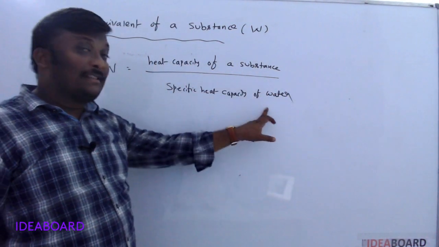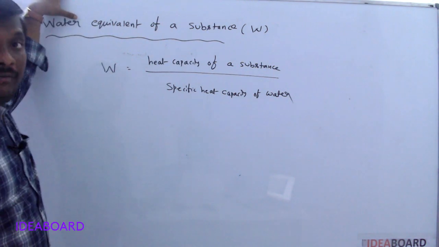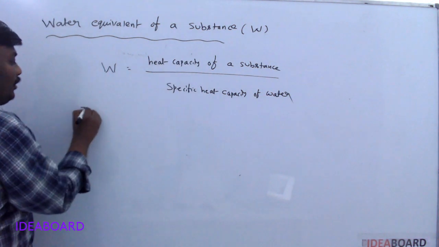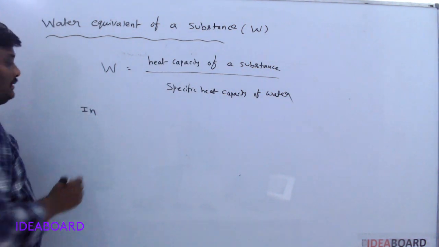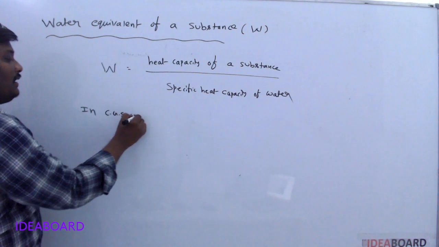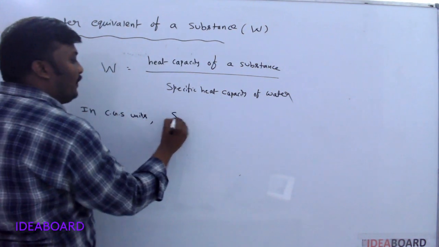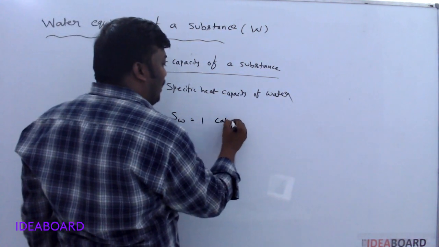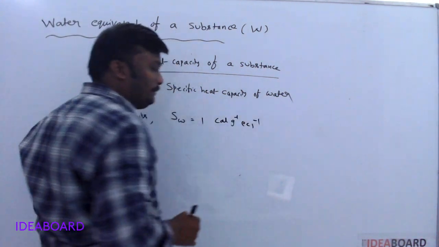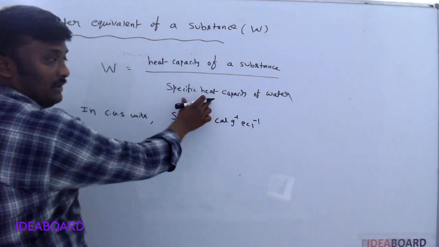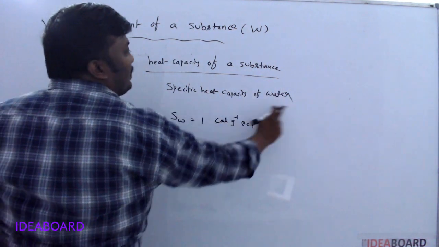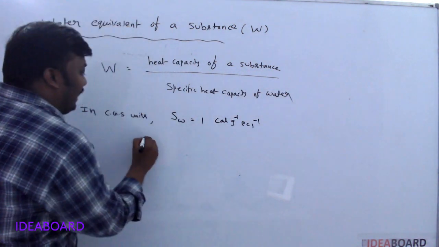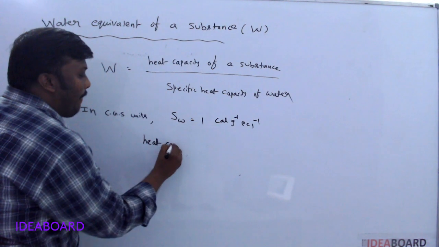This is the substance, but this is water, because we are talking about the water equivalent. We know the value of the specific heat of water in Celsius units. In Celsius units, what is the specific heat of water? It is 1 calorie gram inverse degree Celsius inverse. So if we substitute the value here, the denominator becomes equal to 1. If it is 1, we can clearly say the heat capacity